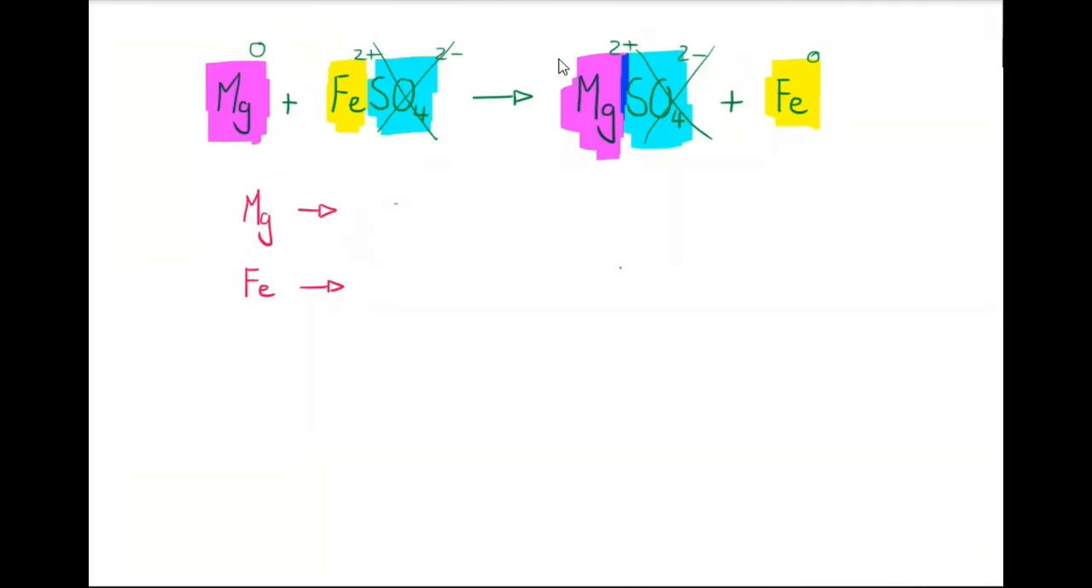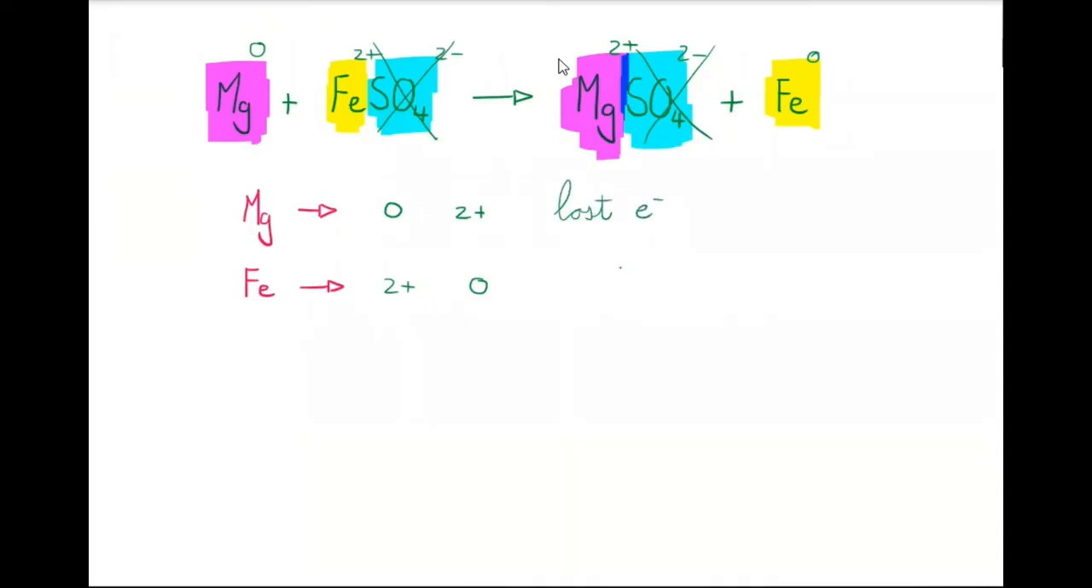So magnesium went from a 0, and then it was a 2+. This is just me writing. This is not a specific format. Please note, I'm just making notes as we go. And then iron was a 2+, and then it was a neutral. So just for yourself, neutral became positive,